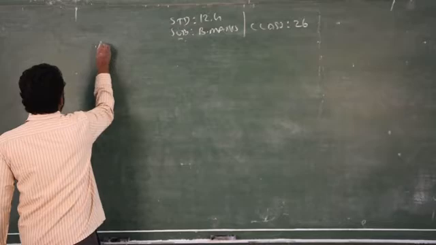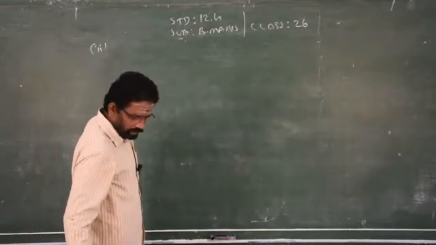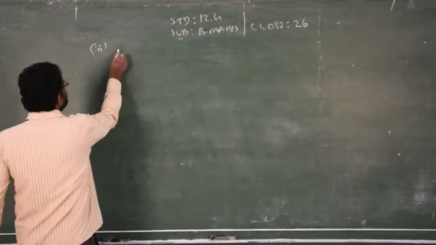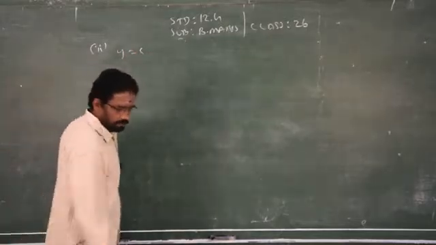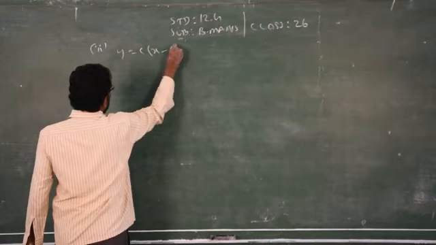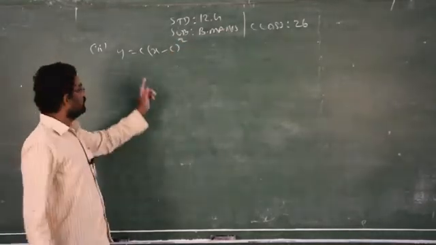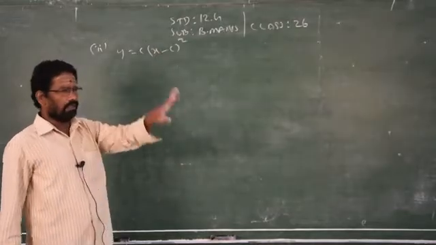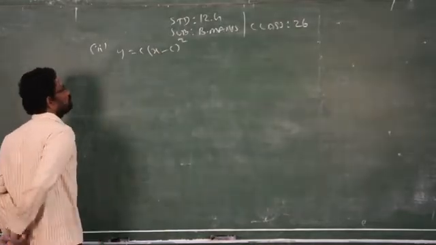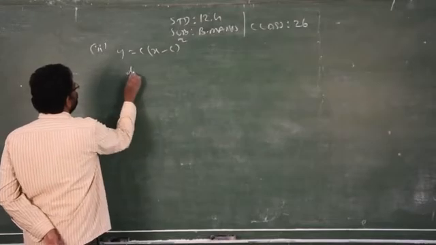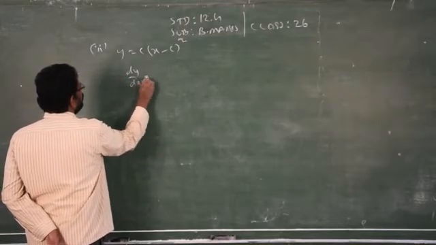So now you see the second question. In this Roman number second only, we will see how you work this out. This is very simple. How many constants? One constant. Don't say two constants, because c is present, only one. So you have to differentiate how many times? Only one time. So differentiate dy by dx.